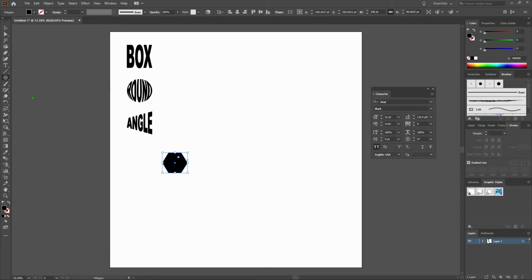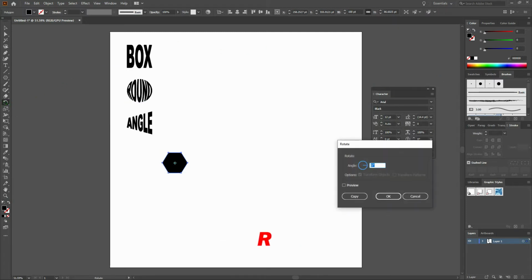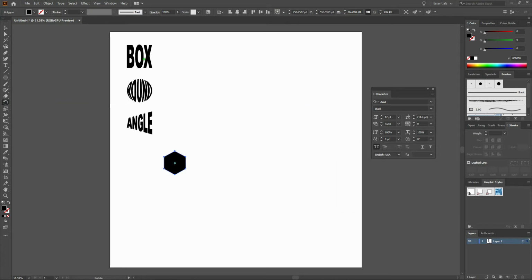We do this by selecting our rotate tool, double clicking, and let's change our rotate angle to 90 degrees. We can preview to make sure that works. Yes, it does, and click OK. Once we're done with that, let's enter our type. We'll select our type tool and let's enter the word RUN. Note that all caps is still selected. Let's select all of our type